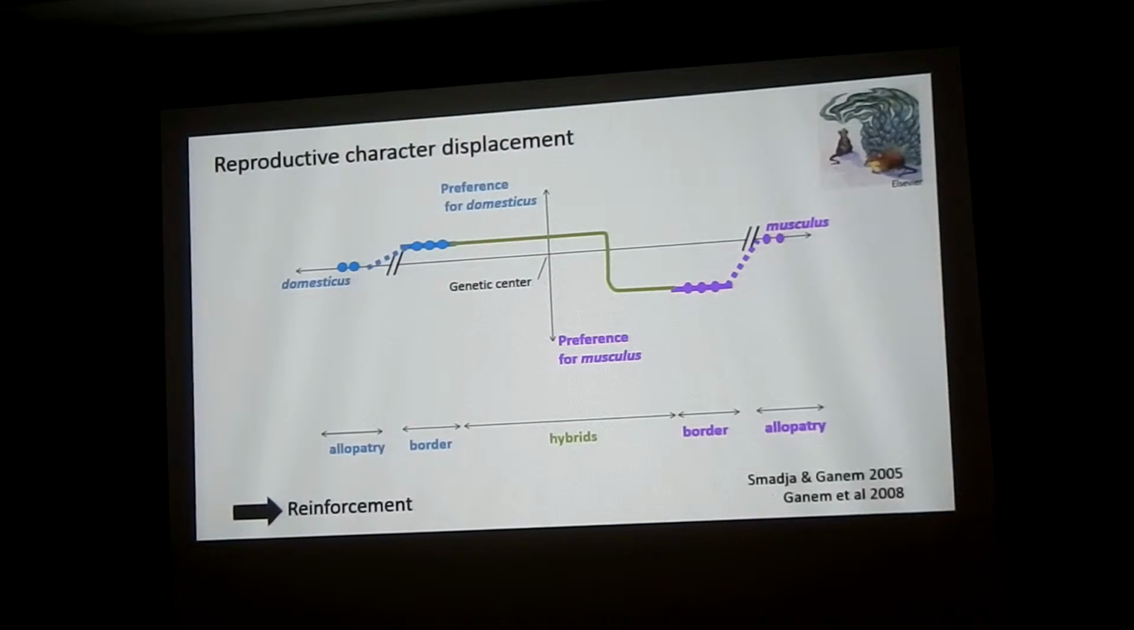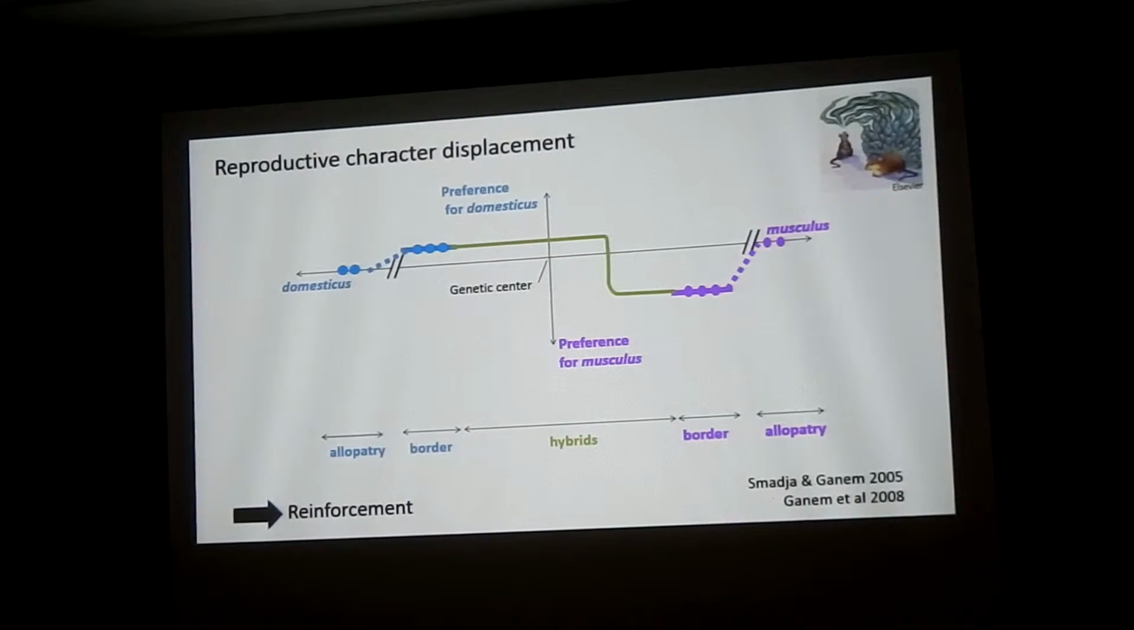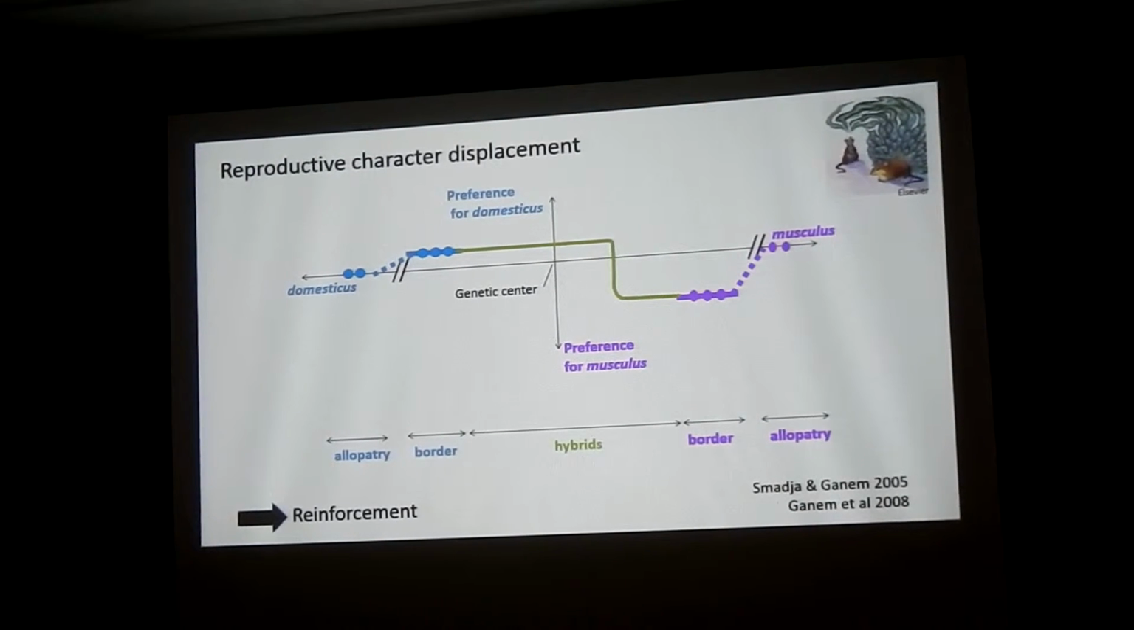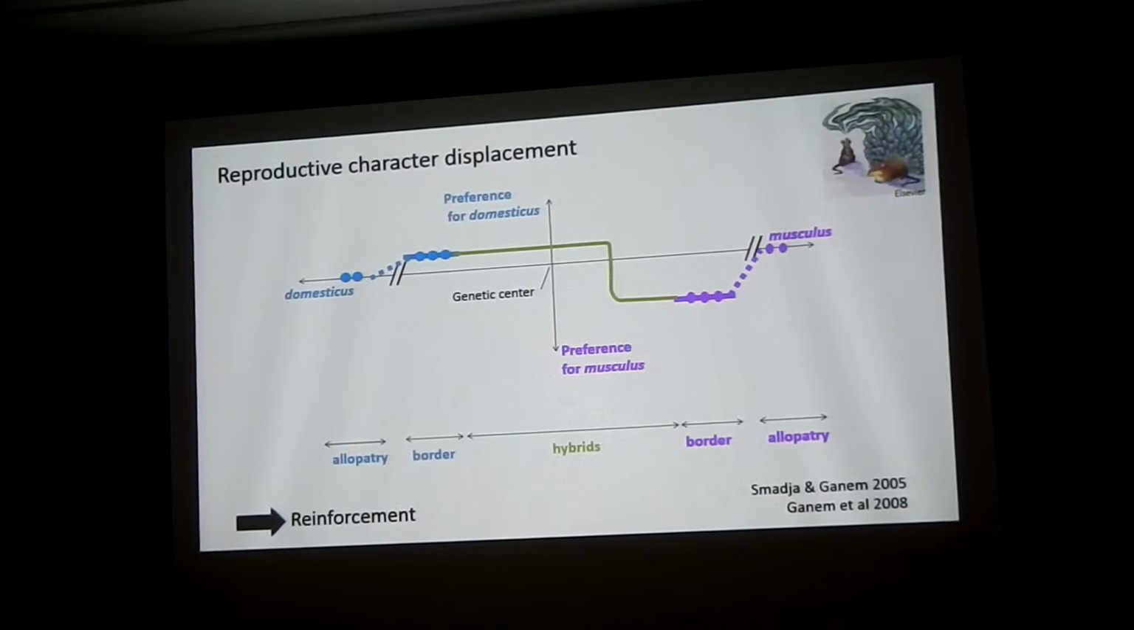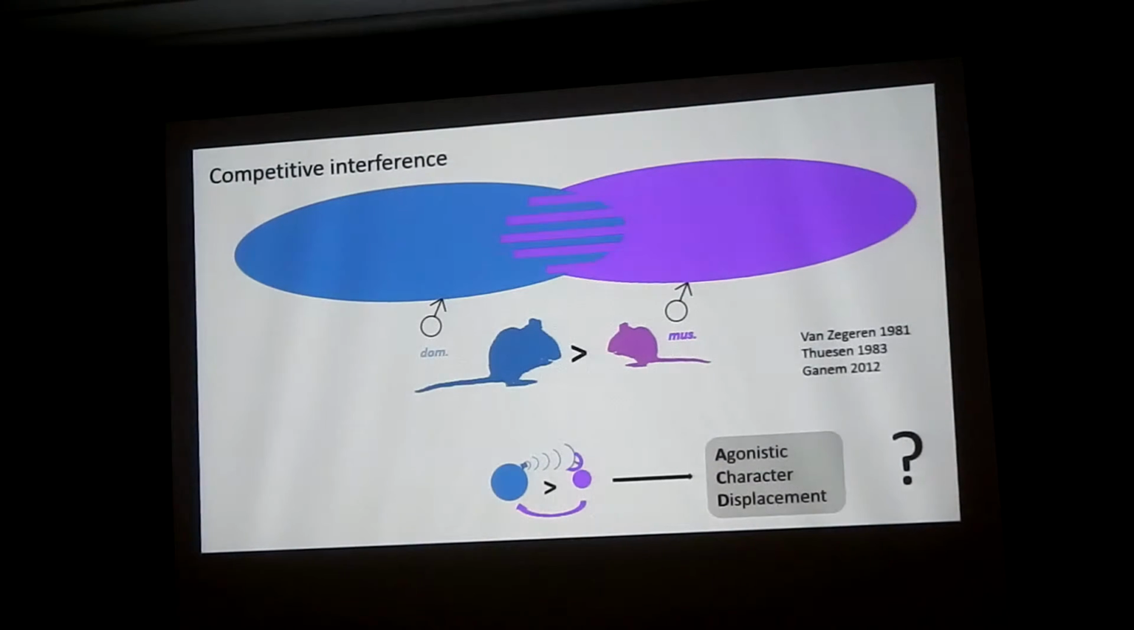So we were here in a condition where selection against hybridization occurred, and we find this geographical pattern, and we deduced that probably it is reinforcement. However,